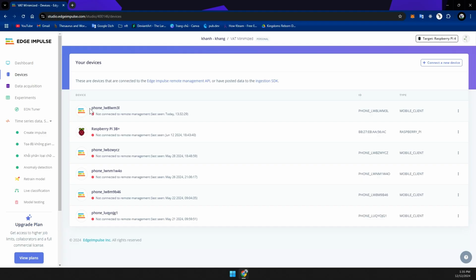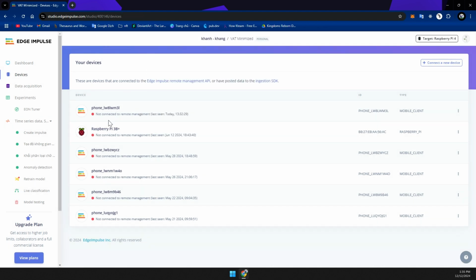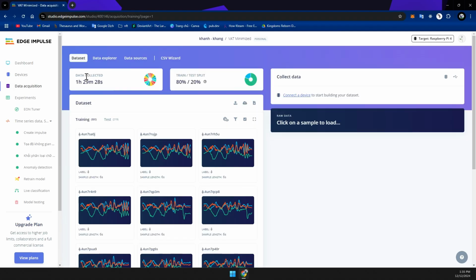The way to avoid coding is to connect your phone through HTML like I have here. We have a connect a new device button. Just press it, scan the QR code with your phone, and you'll be able to connect it. Alright, after you have connected your phone to your Edge Impulse project, we're gonna go to data